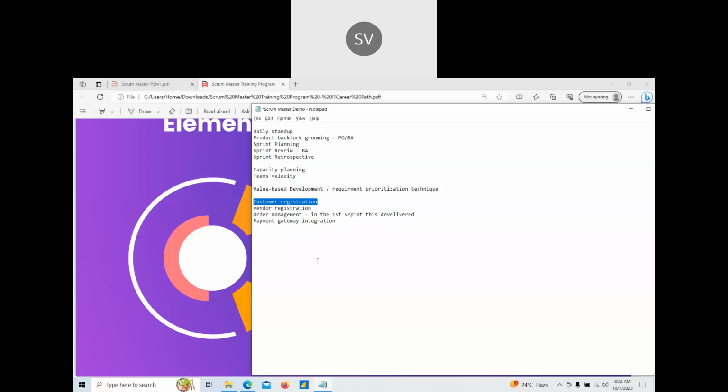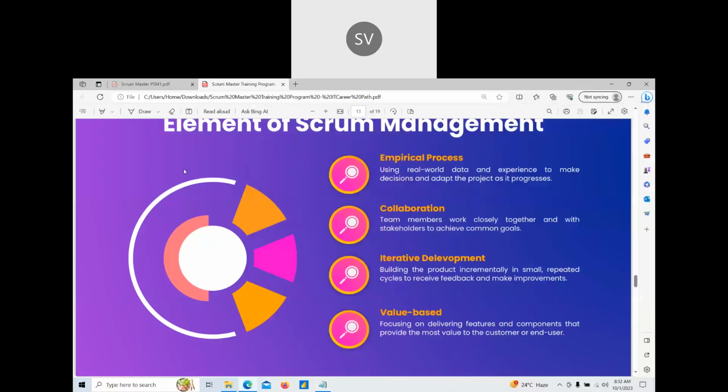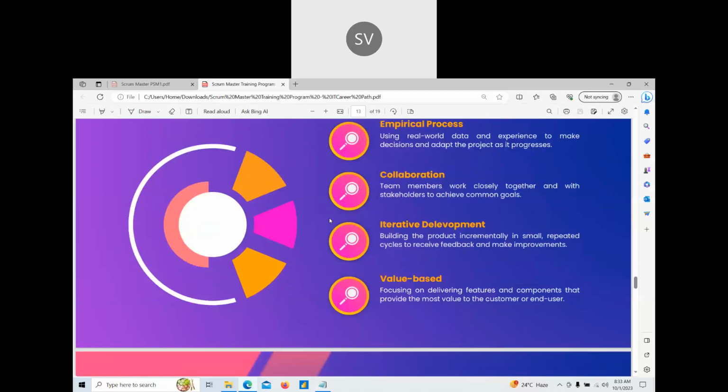The client can onboard some customers, right? That is value based development. Whatever development takes place should give some value to the client business. It is the Scrum Master's responsibility to see that the right prioritization and right development is happening.